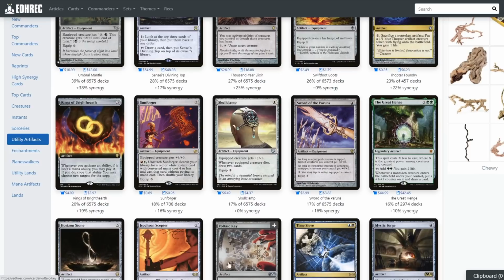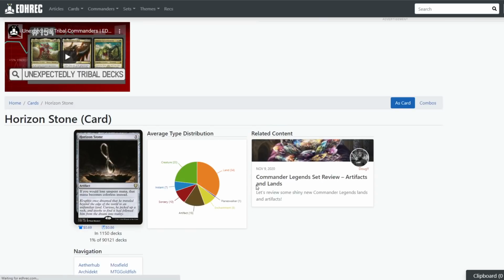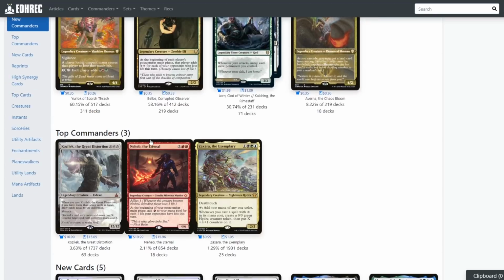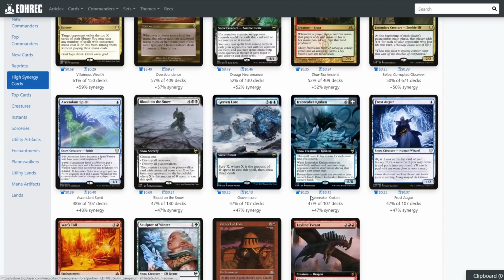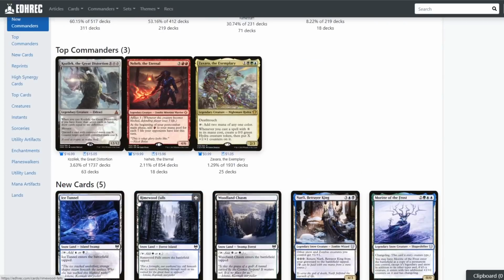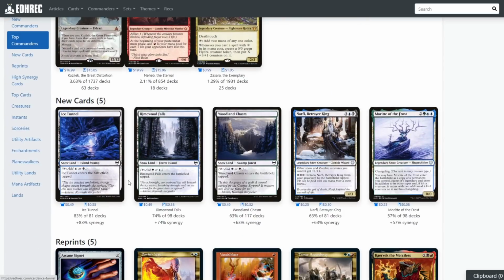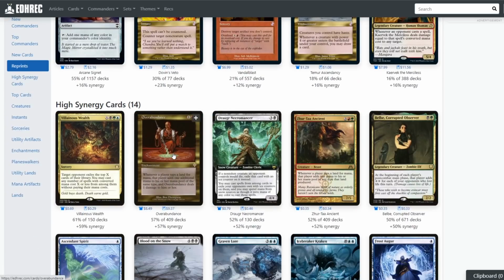So let's find a new one here. Let's find one from Commander Legends, for example. We'll pick on Horizon Stone from Commander Legends. You can come down here and see the high synergy cards and be like, whoa, Villainous Wealth, but that was just recently reprinted. Okay, well, maybe Overabundance. Oh, Overabundance did go up in value, 57% synergy. So when this card was printed, everyone that decided to slot this in their Commander deck probably went and picked up an Overabundance as well. So a good way to...